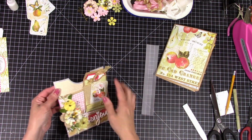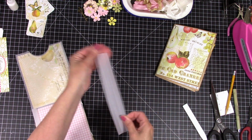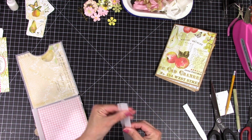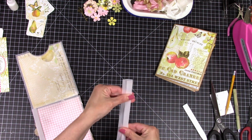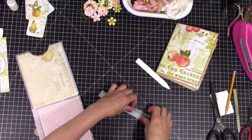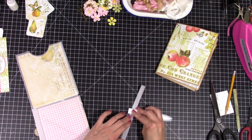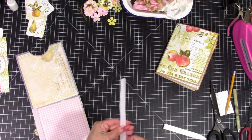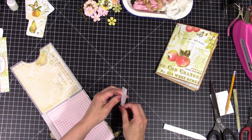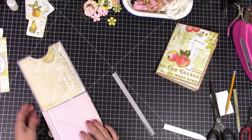Too big. So I cut down, scary pants, right? I cut down each one of the edges, and it's kind of the same idea as when, remember, we used to have paper sacks when you went to the grocery store, and they have that crease on the side that makes them pop out and be wider. So it's basically the same idea. I just took some vellum strips and made 3 score lines evenly. I think each one was a 1/2 inch, so that was probably 1.5 inches. And it turned it into kind of a Z pattern,